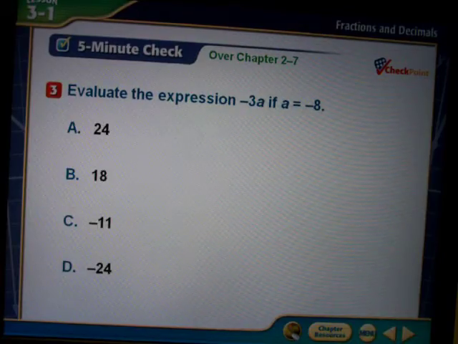Evaluate the expression negative 3a if a is equal to negative 8. Is the answer A, 24, B, 18, C, negative 11, or D, negative 24? And the answer is